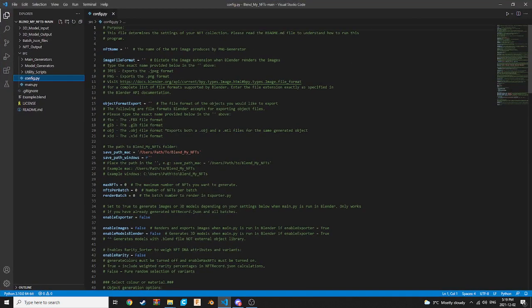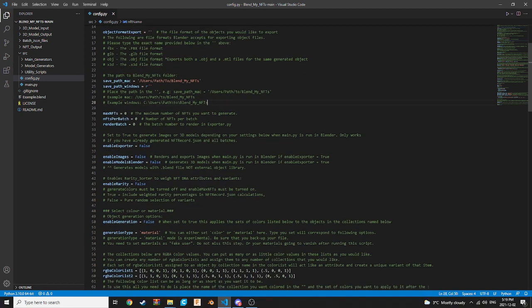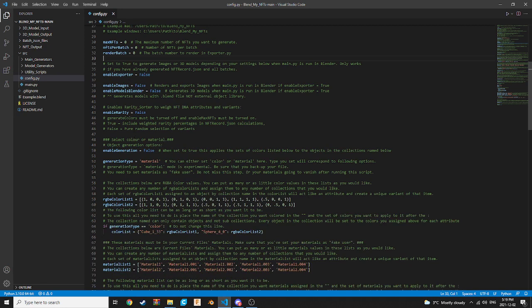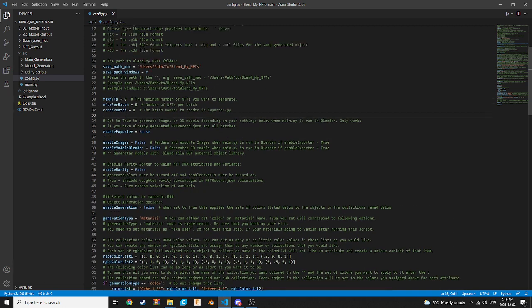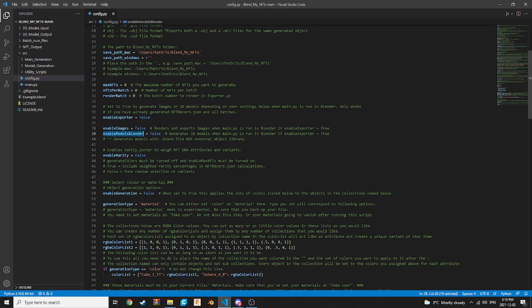Let me open this. All right, this is all the same. I think I moved some stuff around here just to better organize where everything is. The most important new thing here is this enable exporter variable and enable images and models. So let me talk a little bit about how to use it. When you run